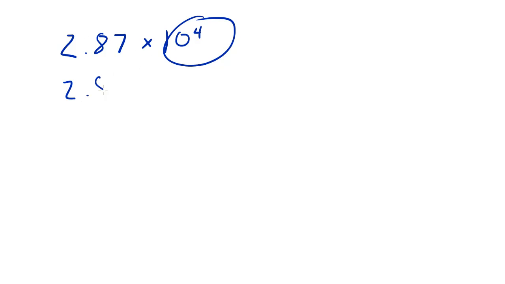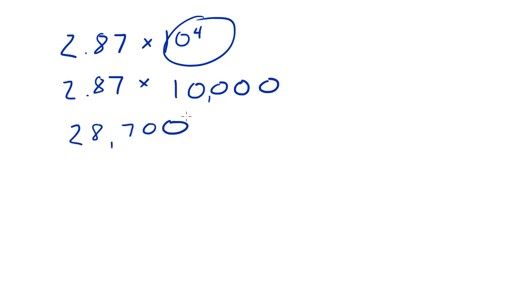So, 2.87 times 10 to the fourth power is, excuse me, it's 1 with 4 zeros. So 1, 2, 3, 4. So 10 to the fourth power is 10,000. And I'm not going to explain to you guys how to do powers and exponents and stuff like that because I'm assuming you guys already know. I don't think we need to jump back that far. So 2.87 times 10,000 is